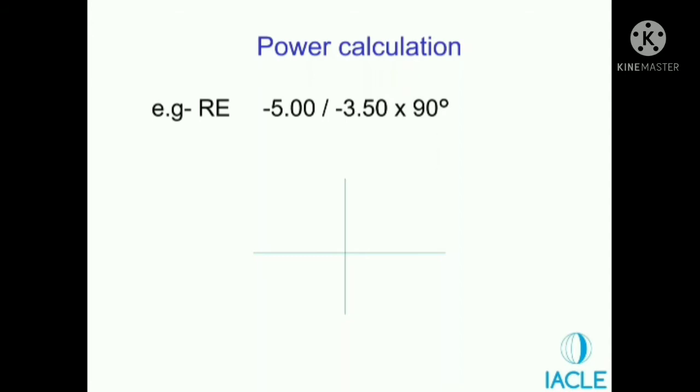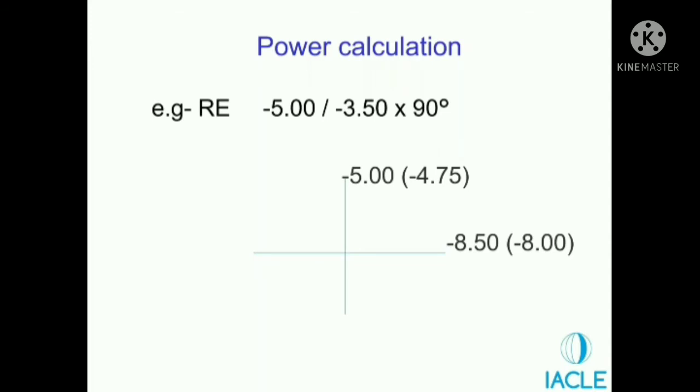Someone is saying I should write -5 on the vertical meridian, vertical line, and 8.5 on the horizontal line. Let's see. So most of you were right. The power is acting at the axis 90. That means it is acting on the horizontal meridian. Axis and power are perpendicular, right? Okay, stop typing, guys. A lot has been written.